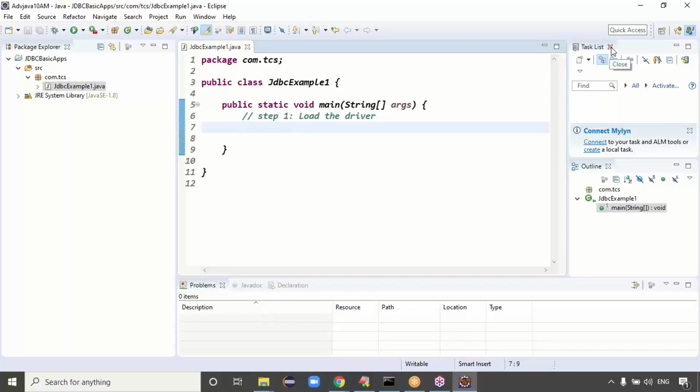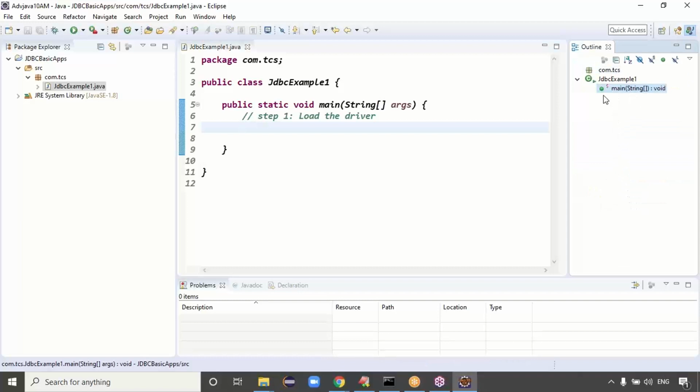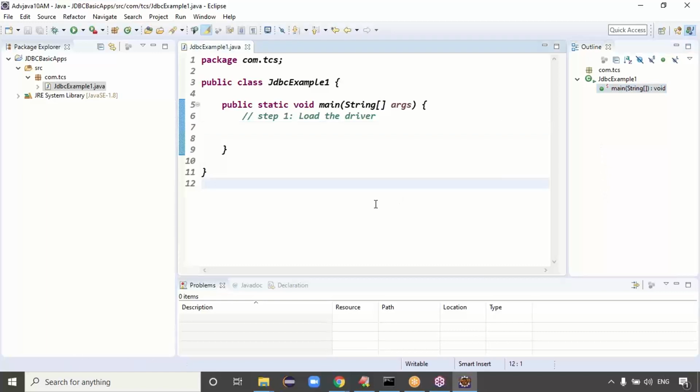Tell me. Guys, see this outline. This outline shows the package name, how many classes the package contains, and how many methods those classes contain. In real time, if you have 20 classes, it shows all 20 classes here one by one. Outline is also important at the application level.